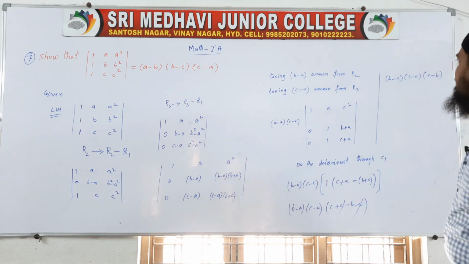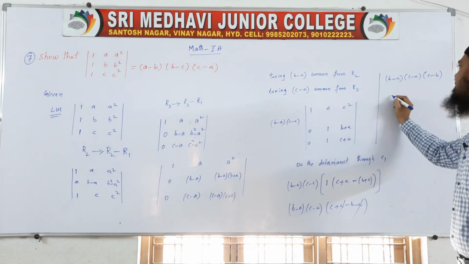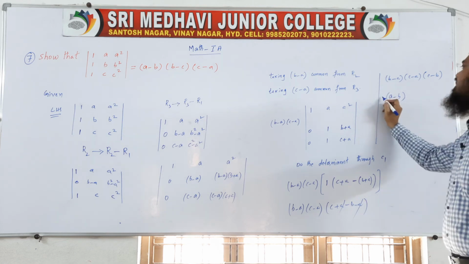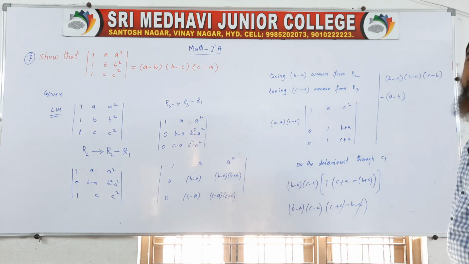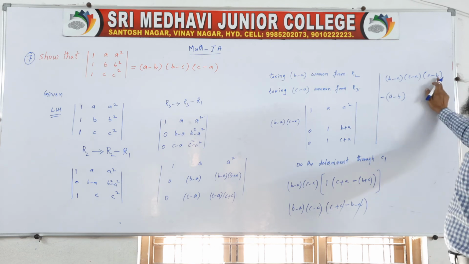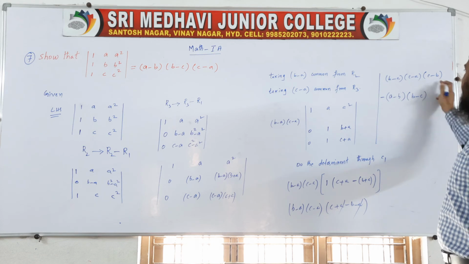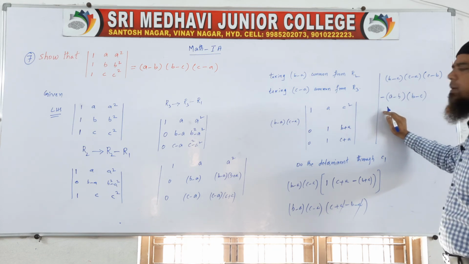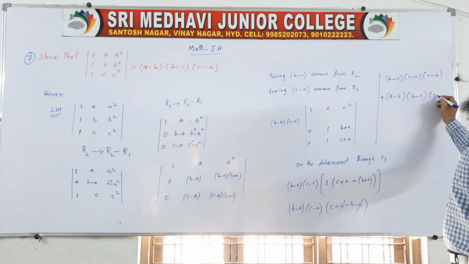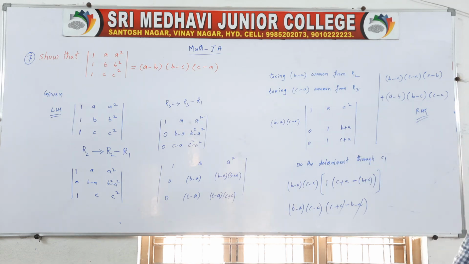Check the order first. First we have to write A minus B. Is it there? No. Here B minus A is present. Now I am writing A minus B. When you write B minus A as A minus B, one minus we have to write in front of the bracket. A minus B over. The next one is B minus C. Is it there or not? No, it is also in reverse order. C minus B is there. When I write C minus B as B minus C, one more minus comes in front, and this minus will become plus. A minus B, B minus C, the last one is C minus A. This is the RHS. The problem is completed.